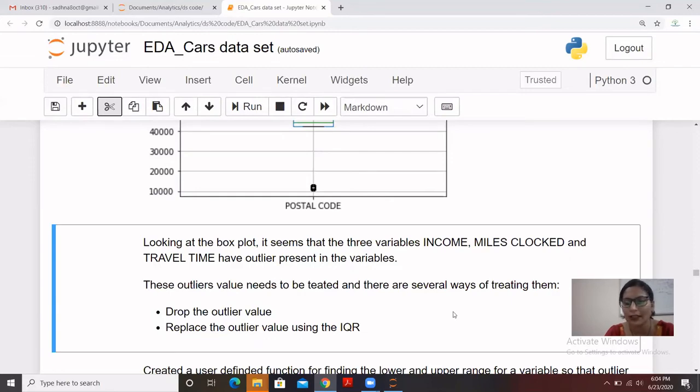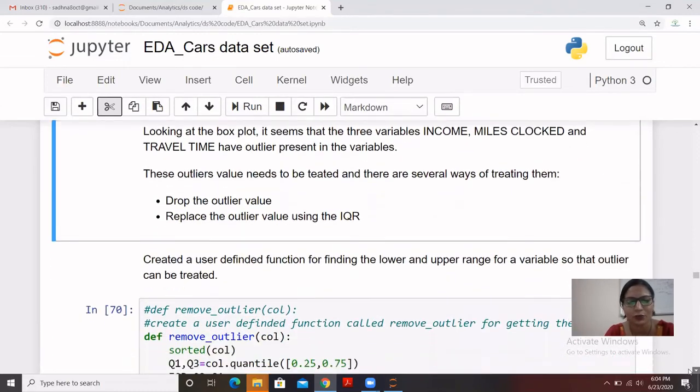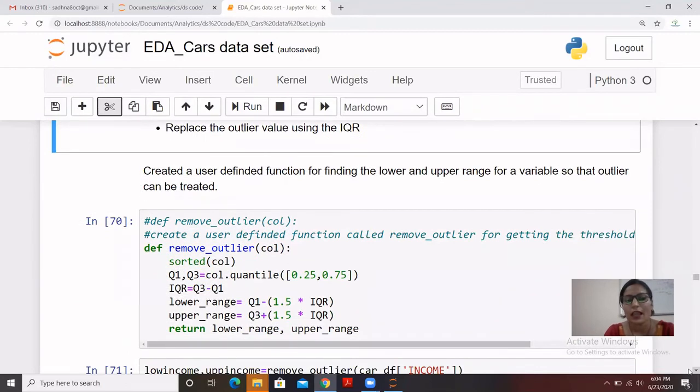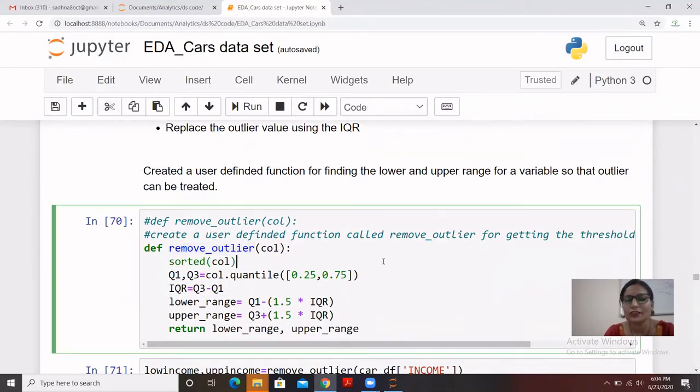How will I be doing that? I have already created that function. Let me show you. The name of the function is remove_outlier. I have created this function using def. First I have sorted my column, and this is the variable which I'm using here.